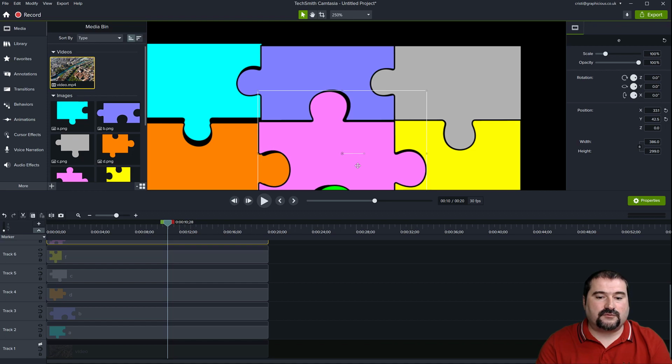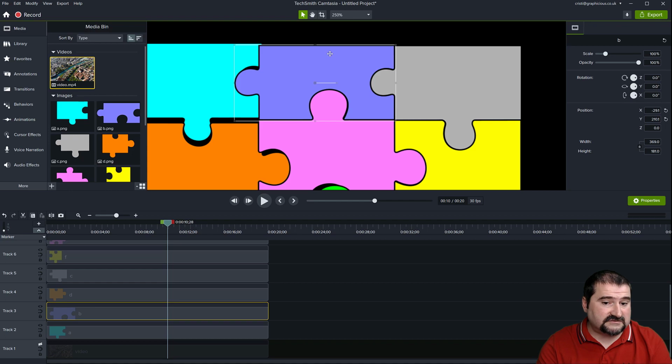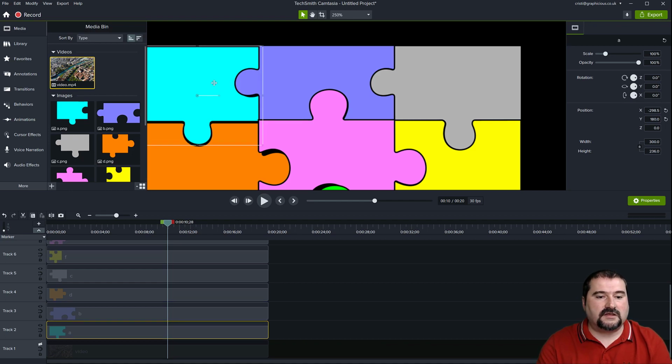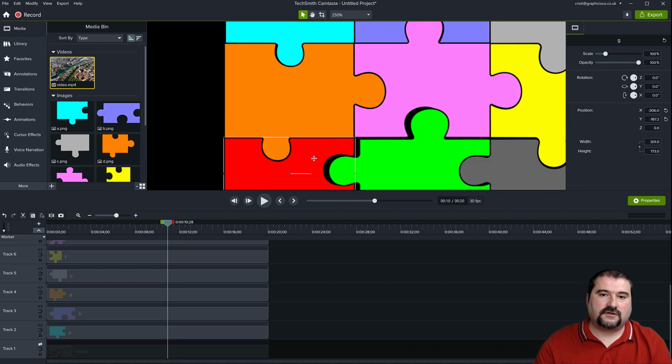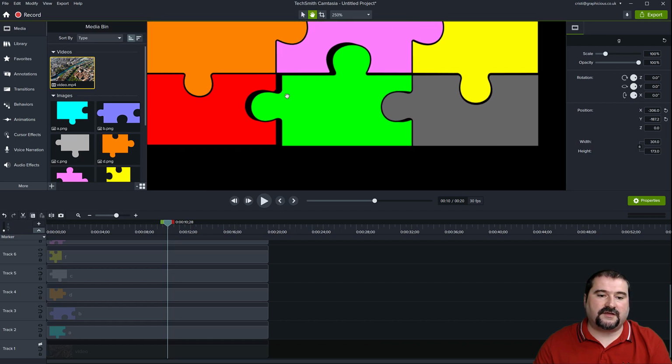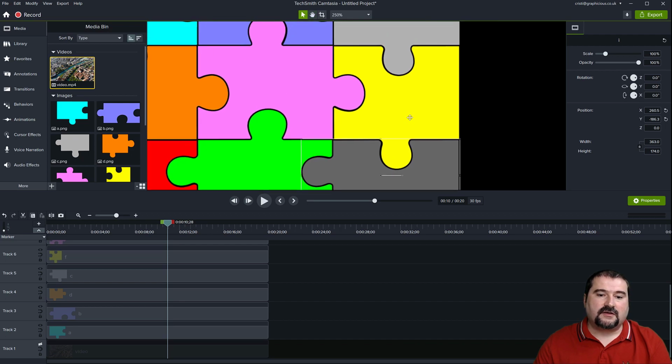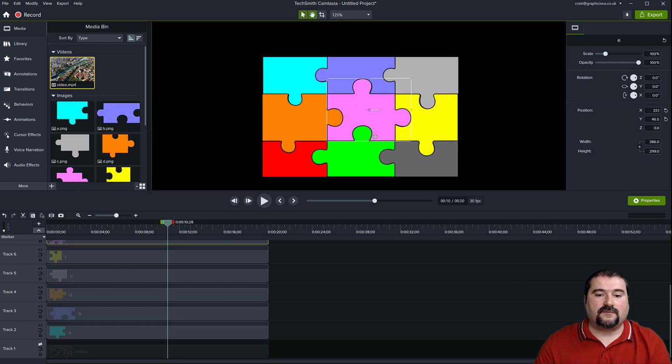But because when I exported them, I exported them at the correct size and did not resize them, they should all be the correct size. You can use the arrow keys, by the way, to move things precisely on the canvas. These puzzle pieces happen to have black borders, which will help us when we use them as a mask if there's a little overlap necessary. Here we go. That's my puzzle.